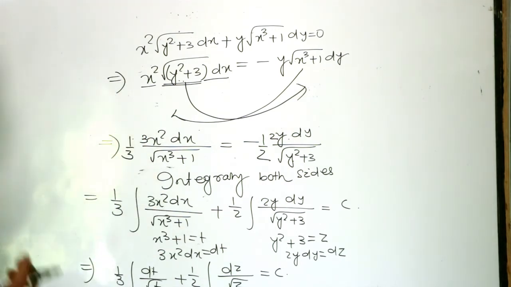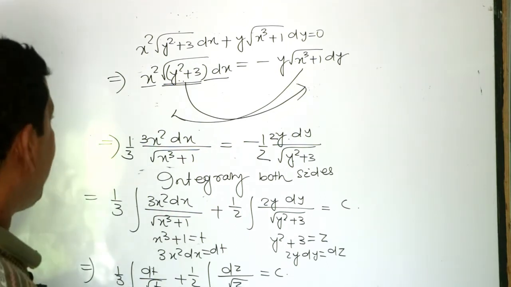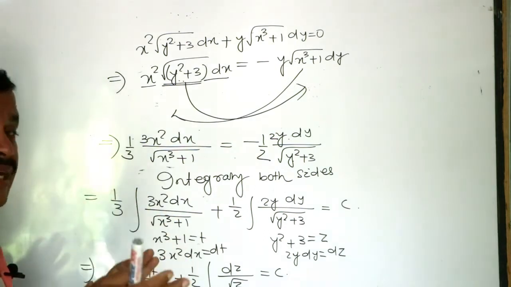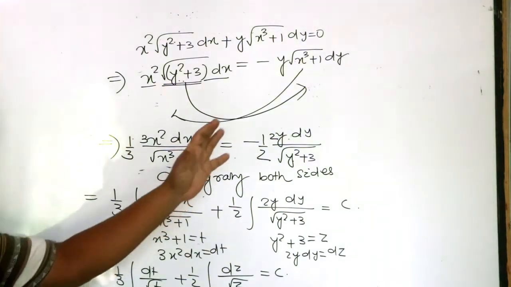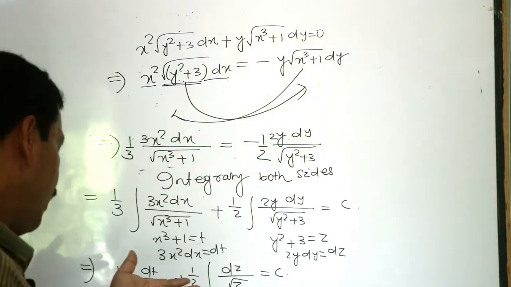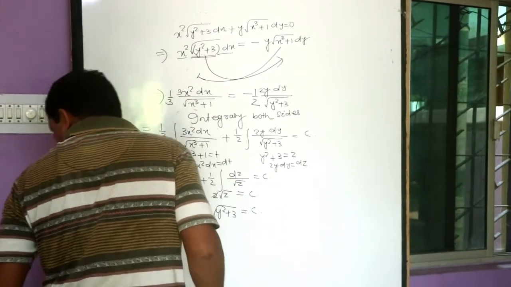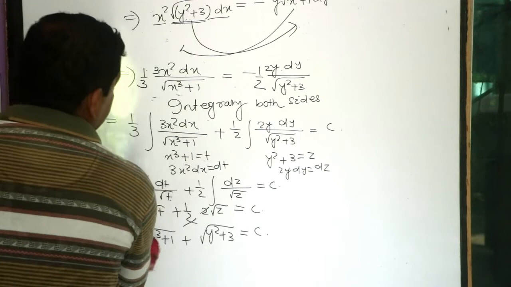Very easy method. We have to follow the integration. First you become perfect with integration, then you can solve the differential equation in an easy way. That is variable separation. First you separate dx and dy, the function of x with dx and the function of y with dy, then integrate both sides. That is the major rule, that is integration. Mainly you have to be perfect with integration, then you can solve the differential equation.